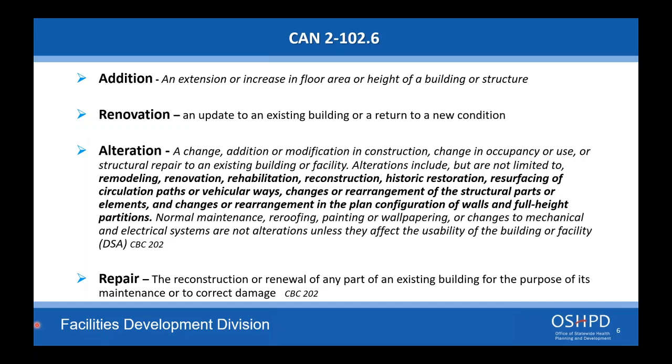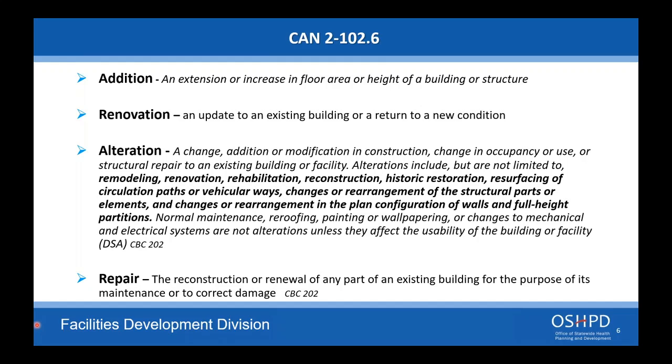So let's look at those definitions. An addition is an extension or an increase in floor area or height of a building or structure. Basically, you're adding on to an existing building. And a renovation is basically returning something back to its original or new condition. This would be like renovating a car or an old historic home. So we don't see a lot of renovations